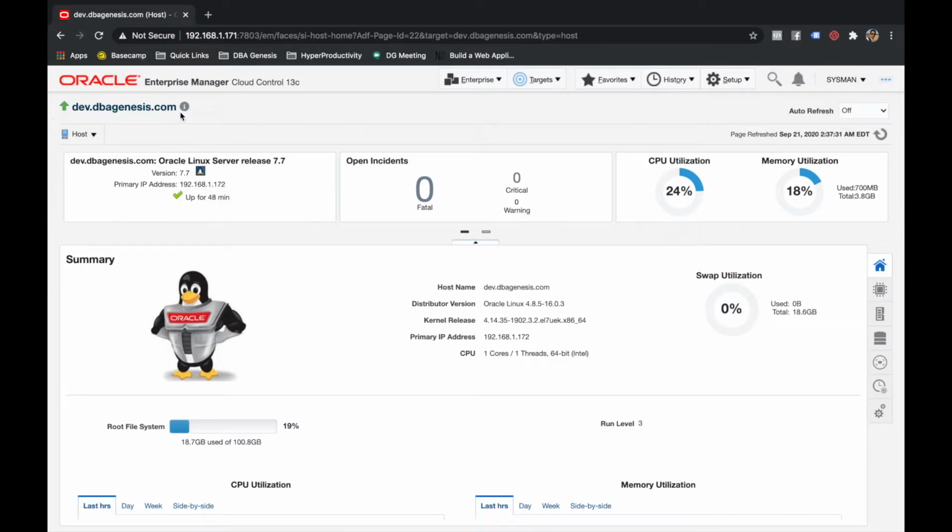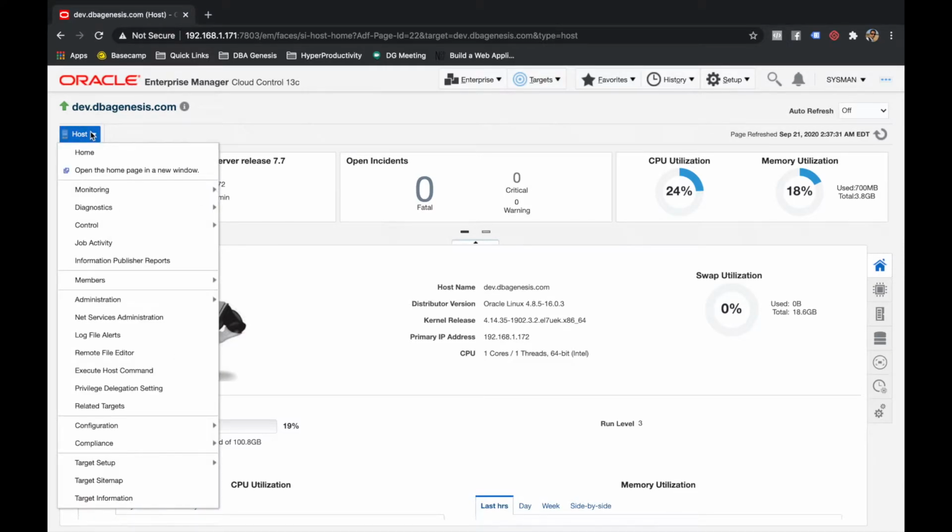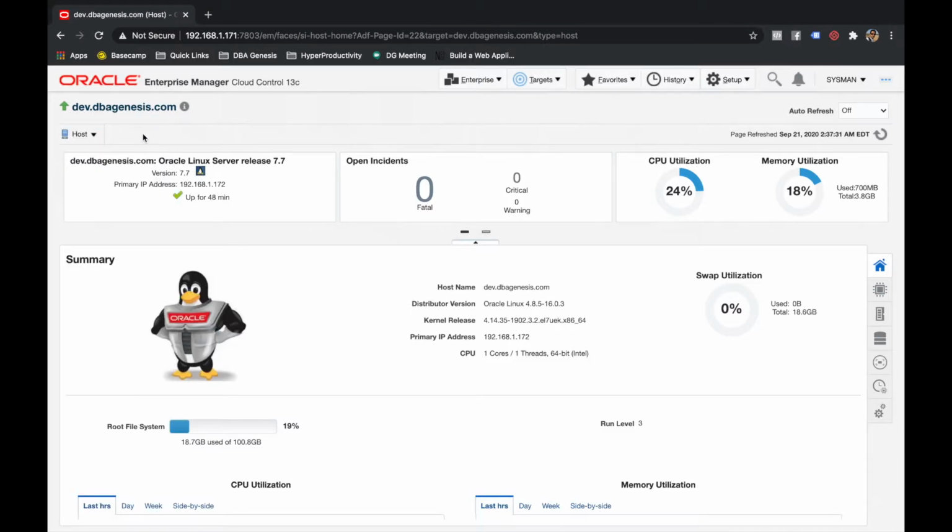Now after these quick details, you might see this one host, right? So guys, I call this a quick menu because all the administration options are available inside this host quick menu. So I generally call it quick menu, because it's easy to remember.